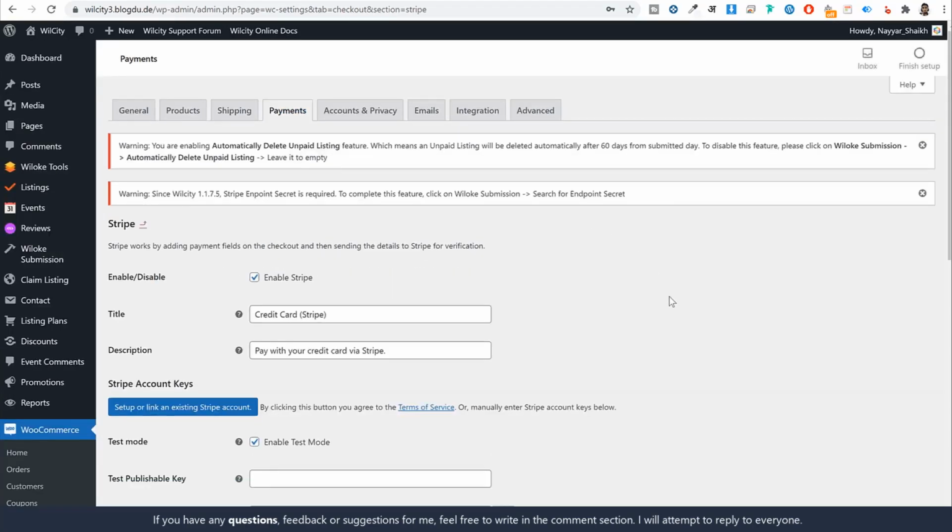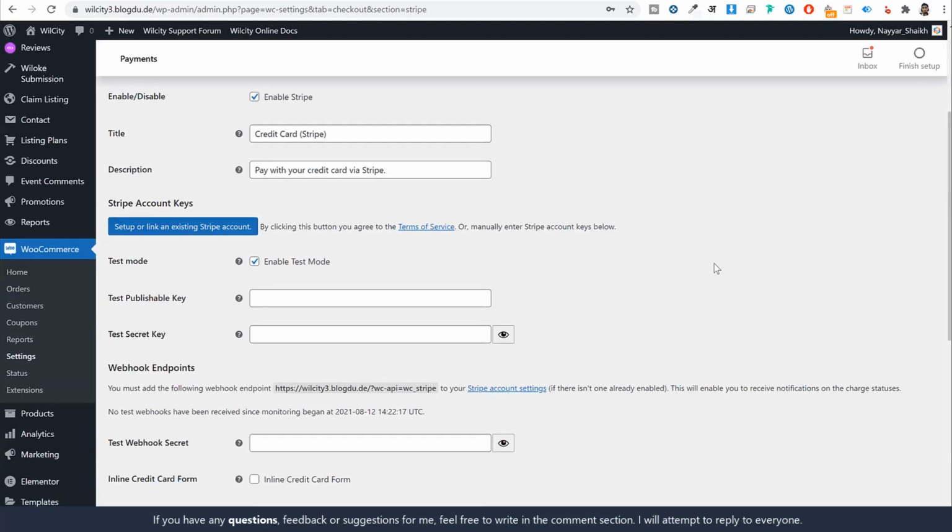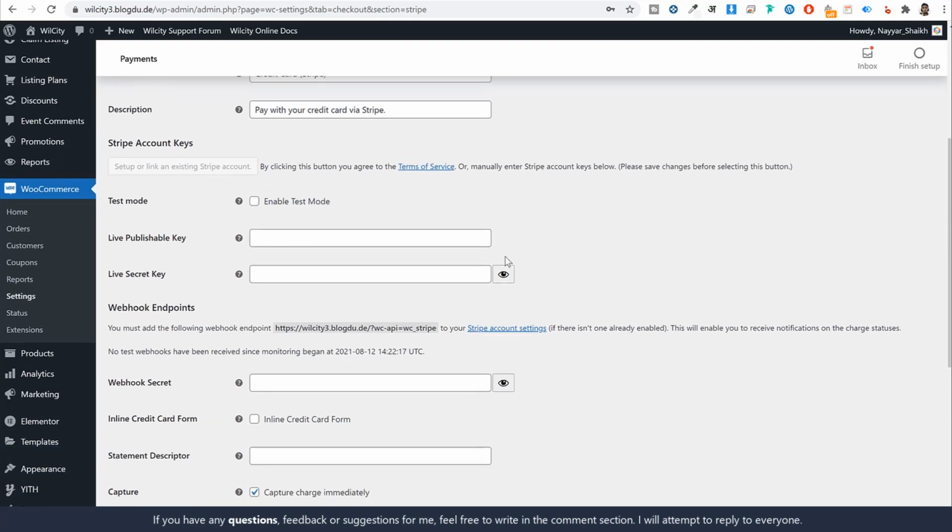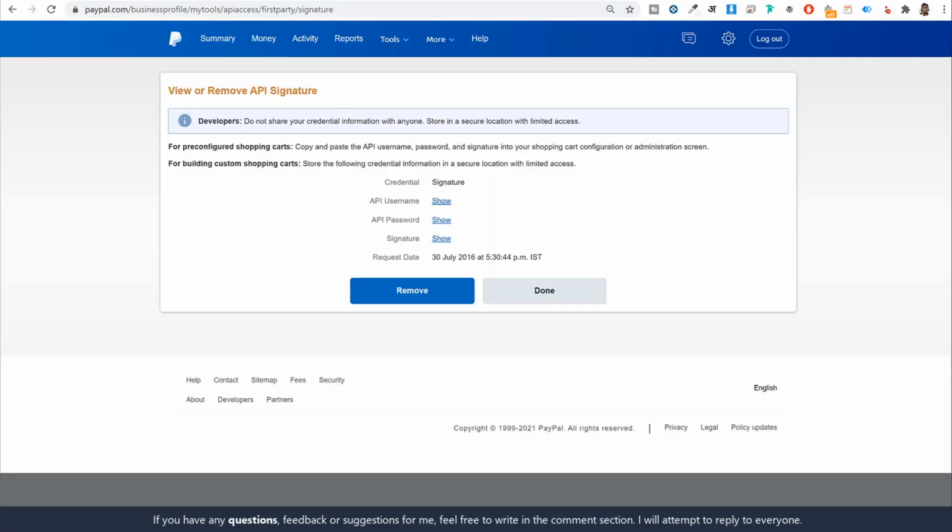So click on Stripe. Now this is one of the most important ones, because with this you can accept credit and debit card payments right on your website. First of all, make sure to untick this thing, enable test mode. We don't want to enable test mode, so make sure that this tick mark is removed. Now to use this, we need the live publishable key and secret key. And to get this, you need to go to this website,